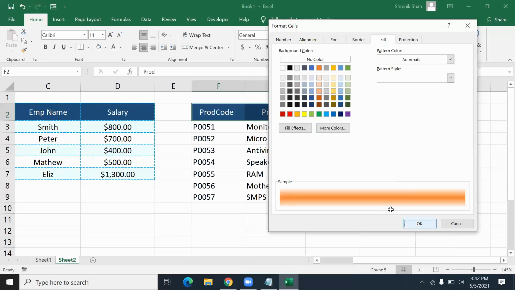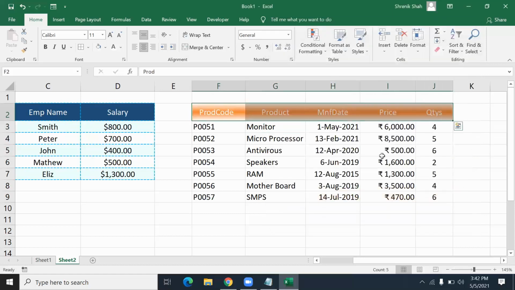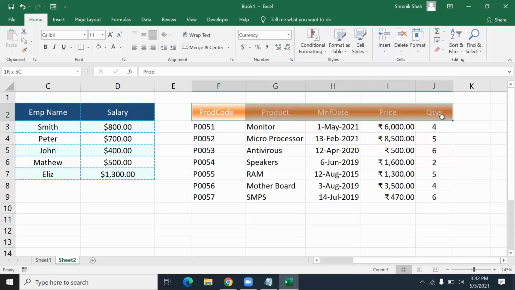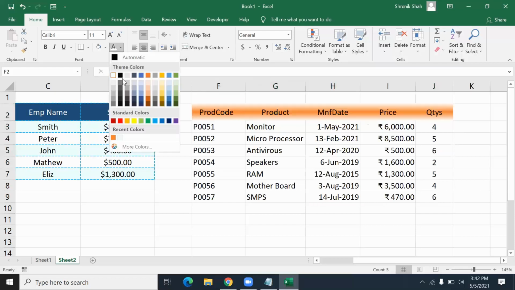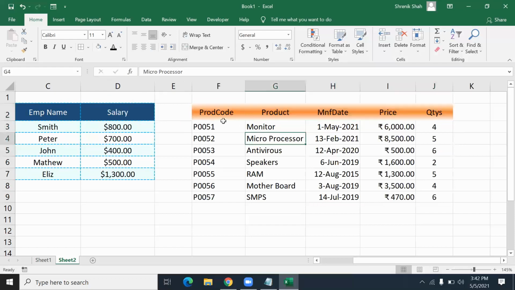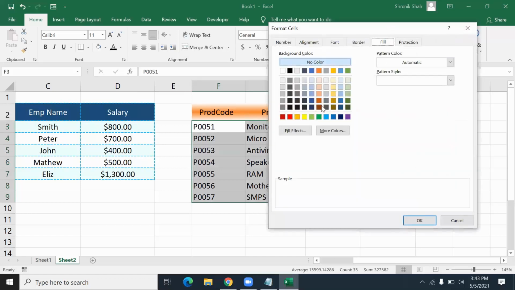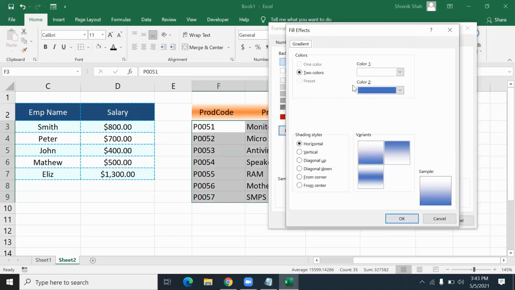So that pattern I choose, and then I click OK. So there I click OK. Now the background you will see it's a glossy. So this way also you can apply the background gradient fill color. The text color I change it to black. So here I click black, and now the remaining all the cells, there also I want to apply some gradient style colors. So I select, I press Control 1, then I'll go for fill, and for special colors I select fill effects, and they provided the two color option.